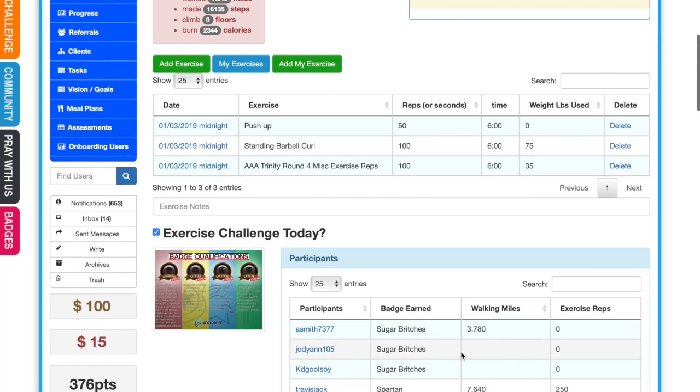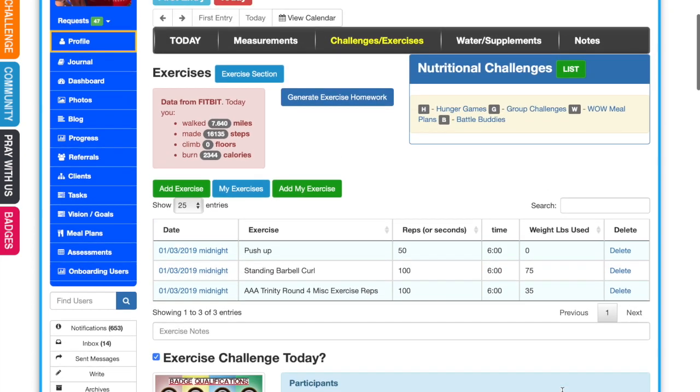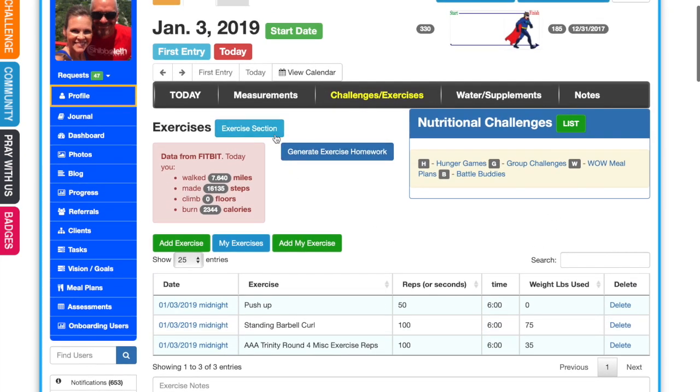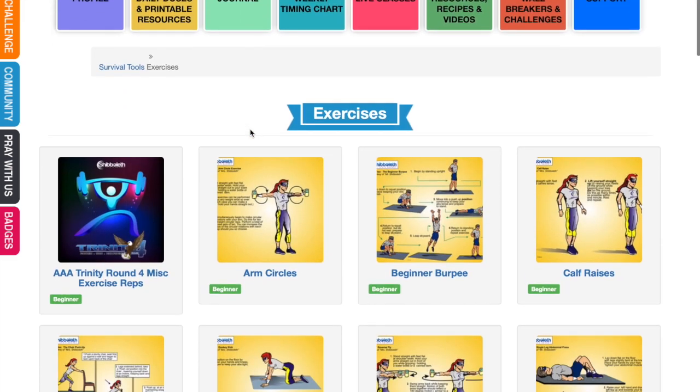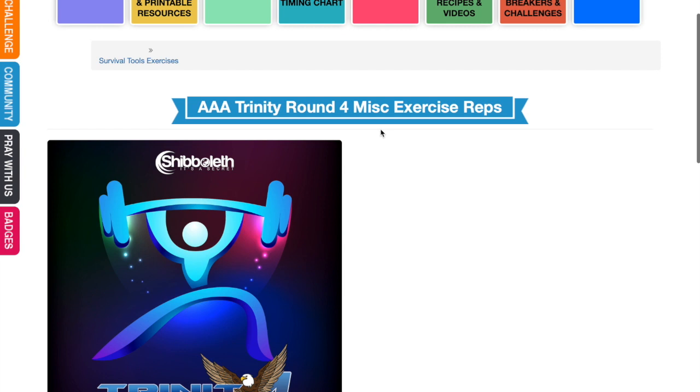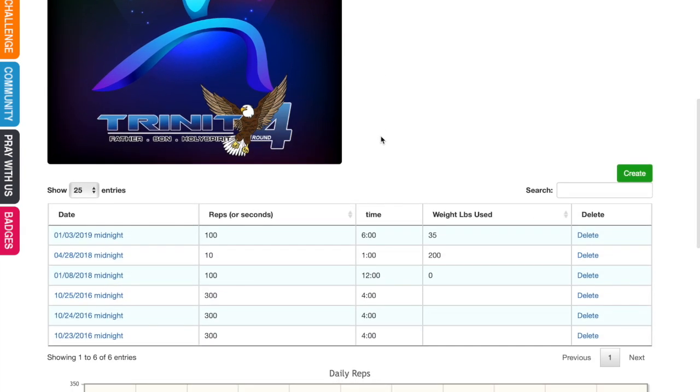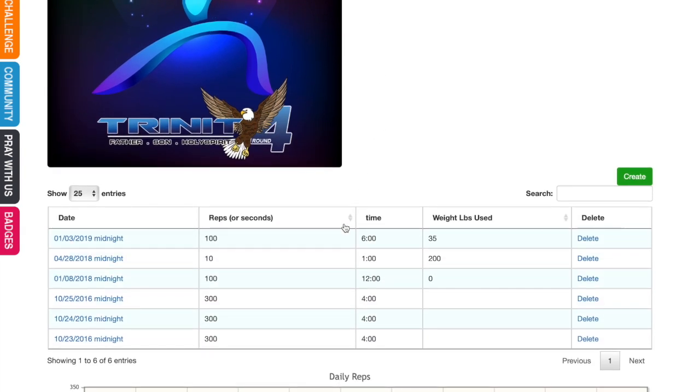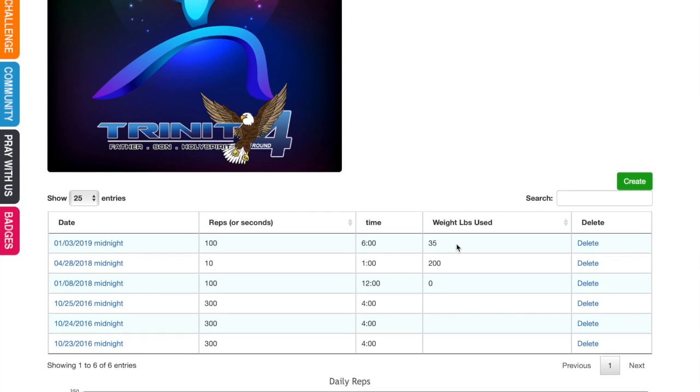How do we get those reps entered in there? I simply went to, and we're always improving this, by the way, the exercise section. And I'll just show you one that I entered. This is miscellaneous exercise reps because I did some kettlebell swings. I did 100 repetitions with a 35-pound kettlebell doing a kettlebell swing. And then, of course, I had some other exercises too.